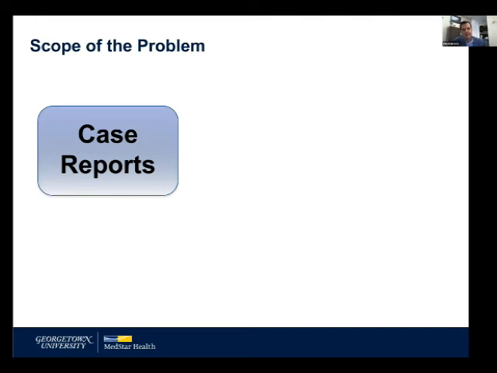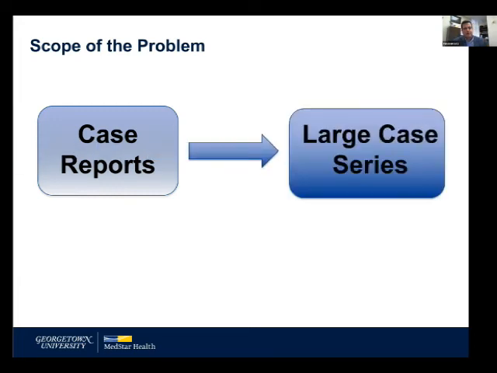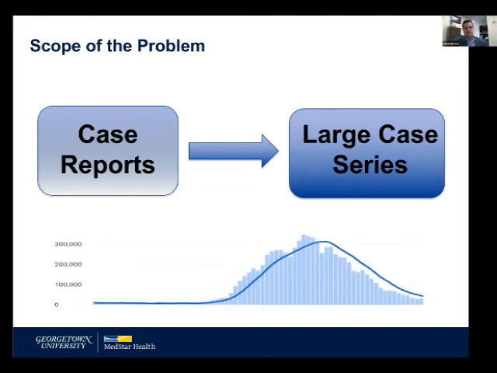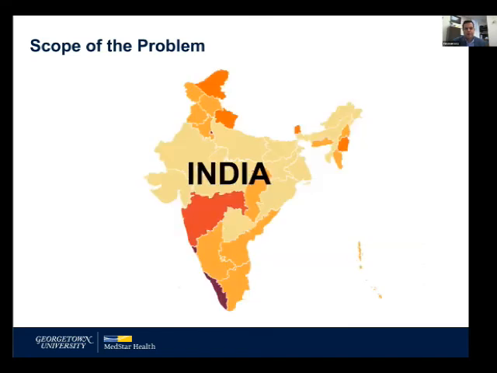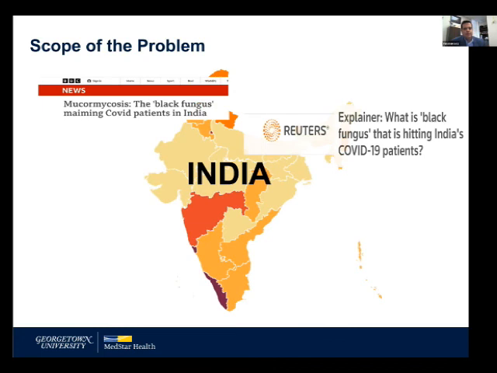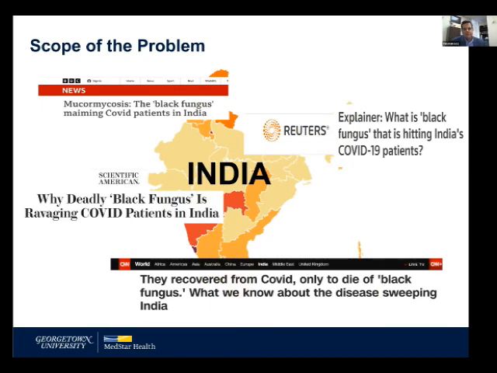And what ended up happening was that as we went through this pandemic, these case reports of COVID and invasive fungal sinusitis became larger case series that were correlating with the very waves in the pandemic. And nowhere was this more evident than India. India was hit hard with this. And the local media was picking this up oftentimes before it was even in the literature. They literally had tens of thousands of cases of invasive fungal disease. Not all of that was sinusitis, but a lot of it was,